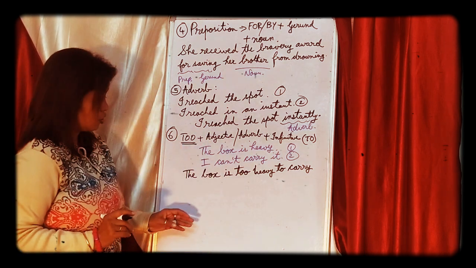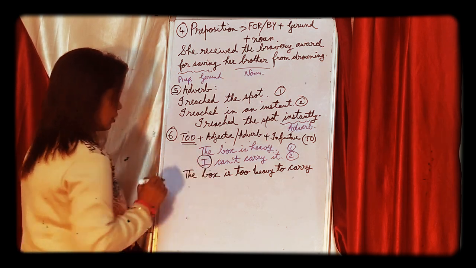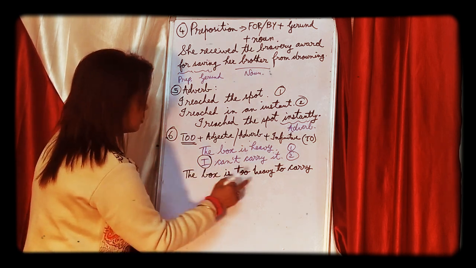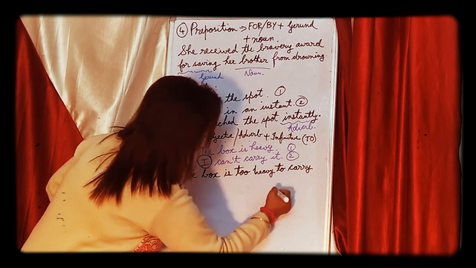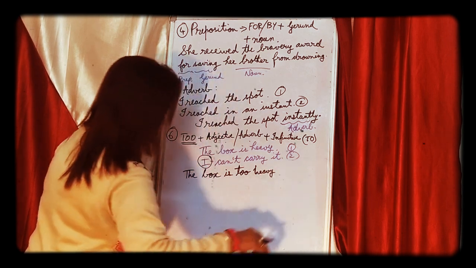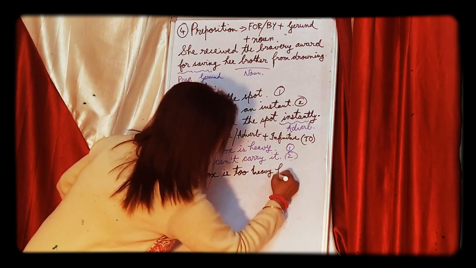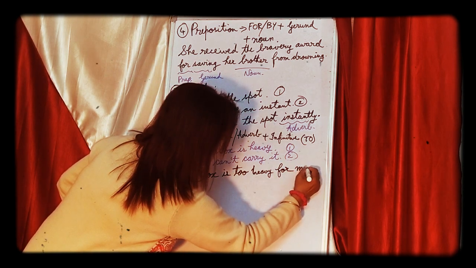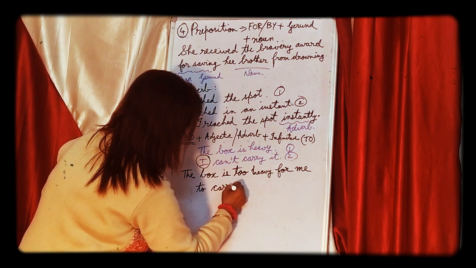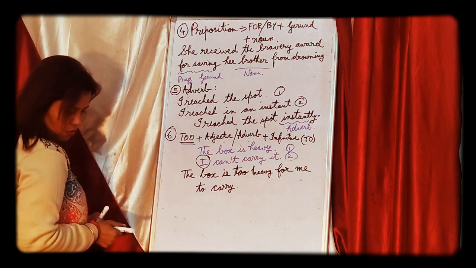But then children, I have made one thing wrong. I have missed out this I. So let me reconstruct. The box is too heavy. Here I would add for me to carry. So I will put this subject here. The box is too heavy for me to carry. So the sentence will be, the box is too heavy for me